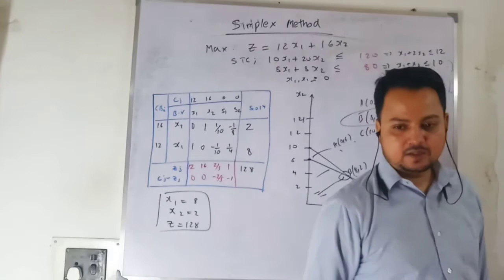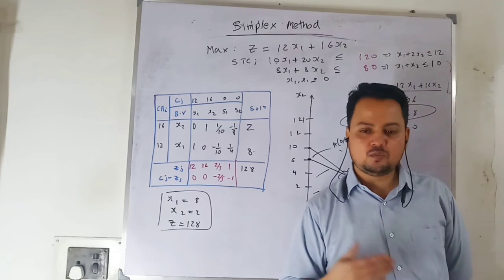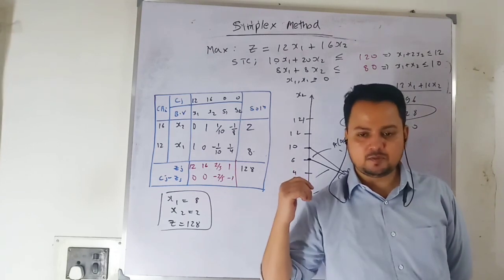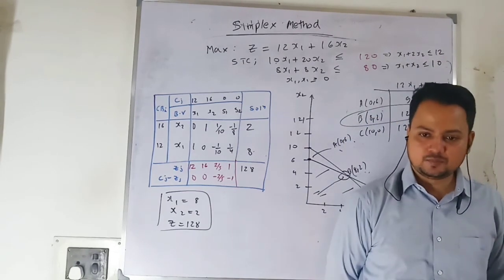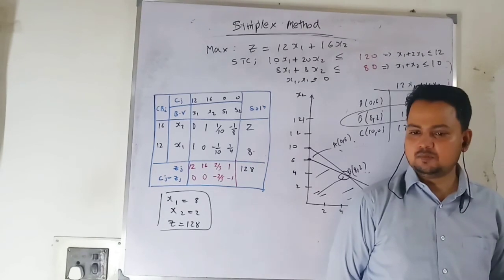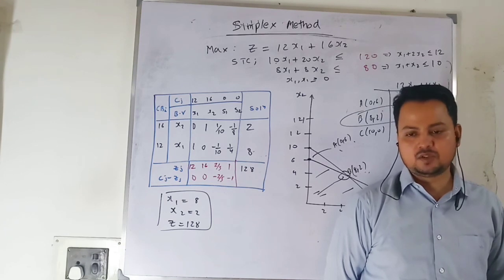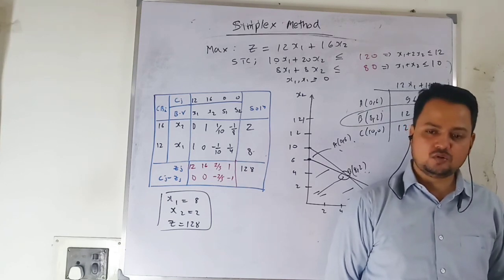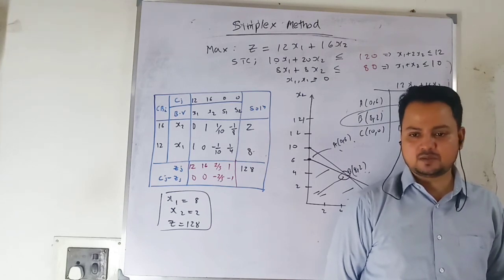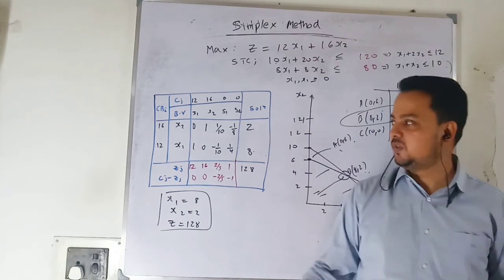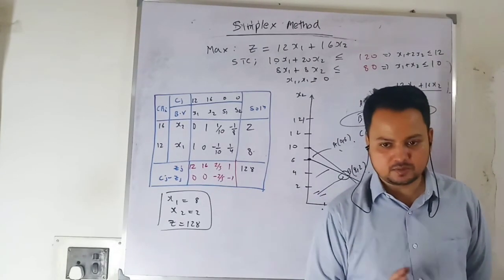But the graphical method we can use for only 2 decision variables. The simplex method we can use for 2 decision variables, and also for more than that, and we use the iterative method to do it. So this is a maximization problem; there is also a minimization problem. In case of infinitely many solutions, we have different possibilities. In case of no solution, we have different criteria. When you have more variables, you have to make some adjustments. But we have to do only the maximization problem, so I have done that one. This is what you have in the syllabus. So I stop here.